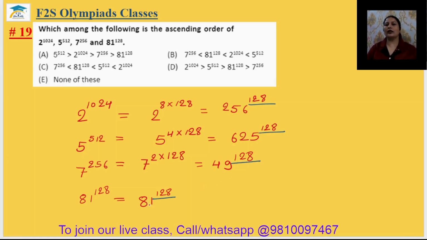Okay? So we can compare the numbers by checking their bases. So we have to arrange in ascending order. First we have to write the smallest one. The smallest one is this, so 7 to the power 256. Two options can be the answer. Okay. Next will be 81 to the power 1/8. Okay. Third will be 2 to the power 1024. So here it is, no, this one. Option B is the correct answer. Okay. So the 19th answer is option B.